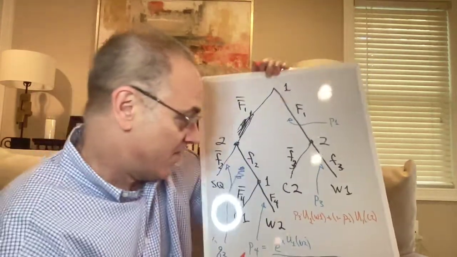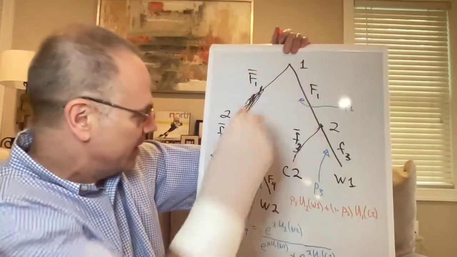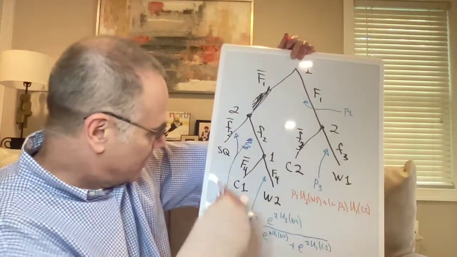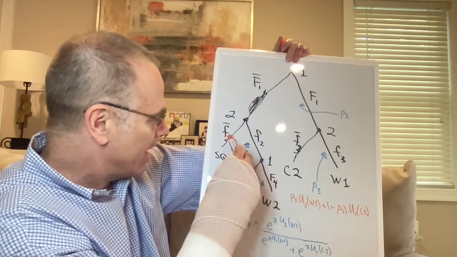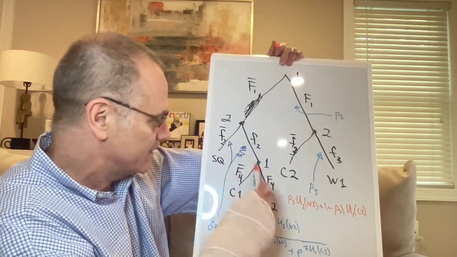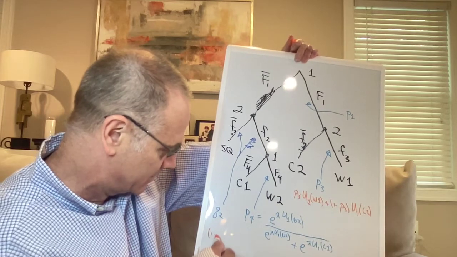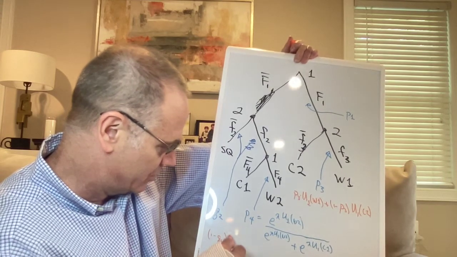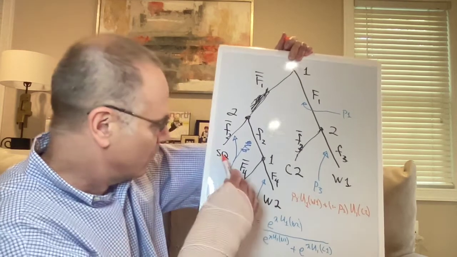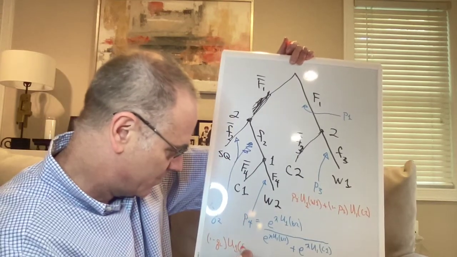Okay, and that is going to be the weighted average of this and this, where it's going to be 1 minus Q2 times utility of 1 of getting status quo